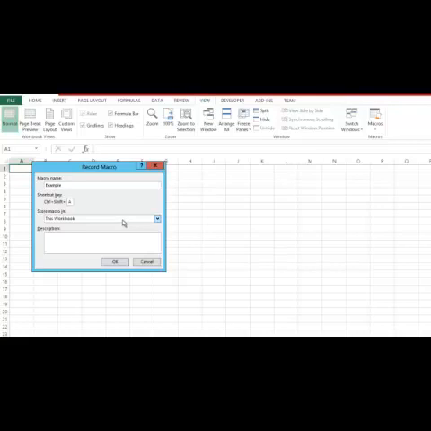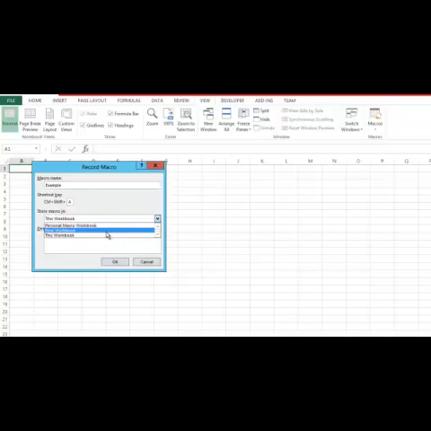As of now, I'm selecting this workbook. Apart from that, you can also select new workbook. That means whatever code is generated will be stored in a new workbook. And personal macro workbook is something which is used across your Excel application in your system. If you store the macro code in this workbook or a new workbook, that macro is limited to that particular file itself.